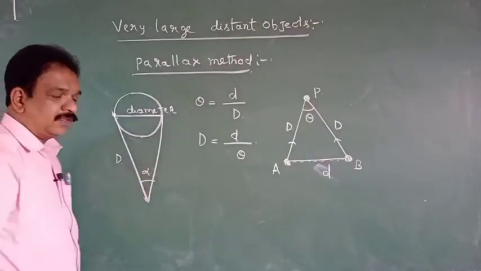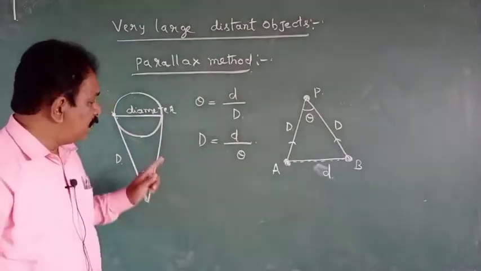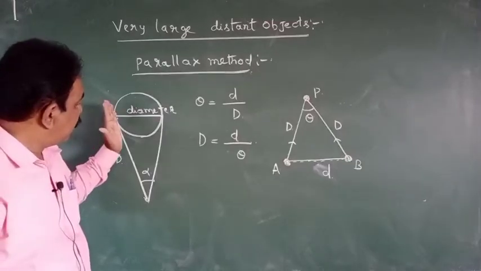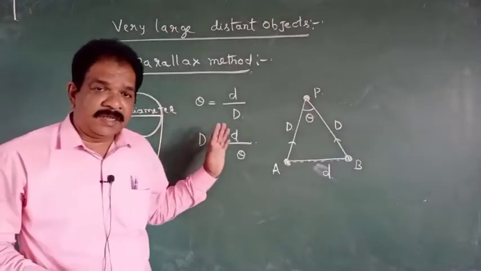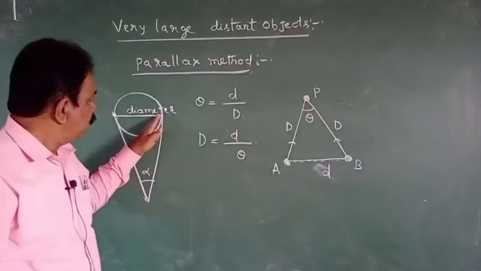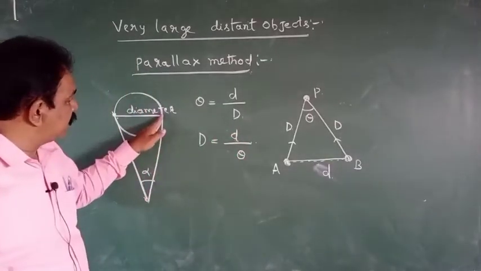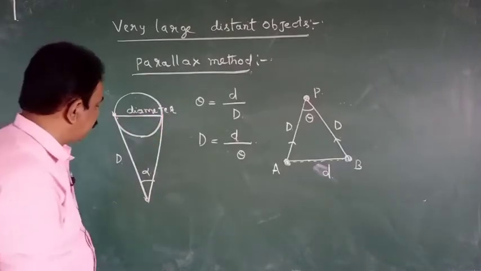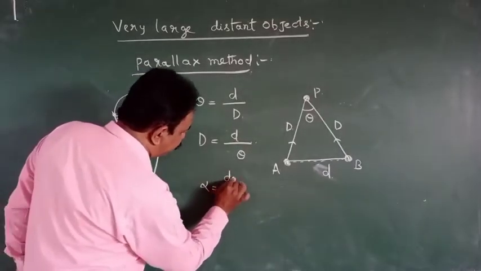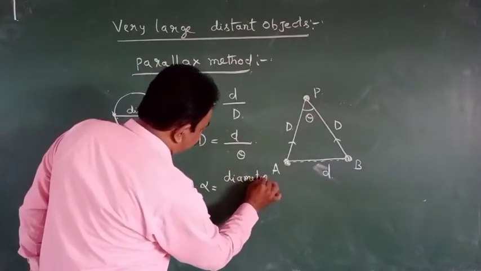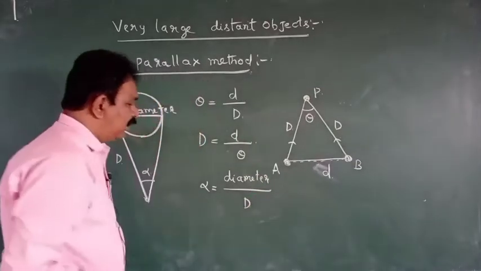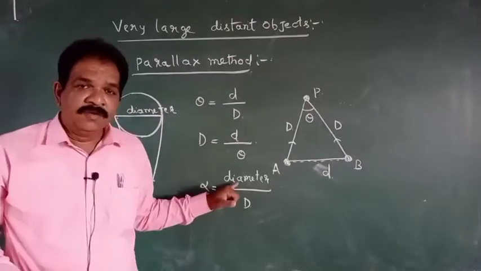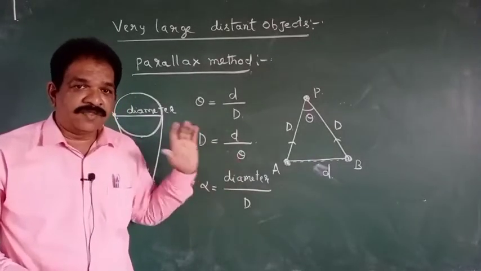I am assuming this angle is alpha. So the telescope is focused initially at one end. Later, the telescope is slightly displaced from the same position. We are coinciding the crosswires of that telescope to here. This will be equal to the diameter. Same, alpha is equal to diameter by capital D. Using this alpha we can measure. D we already calculated. From that we can measure the size of the planet.